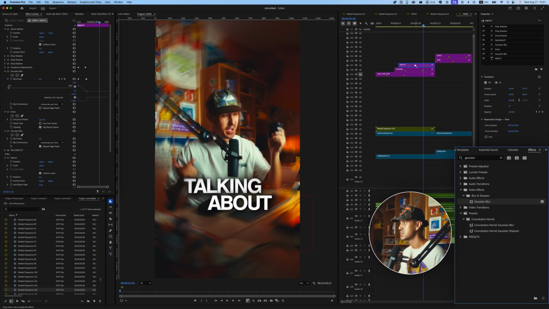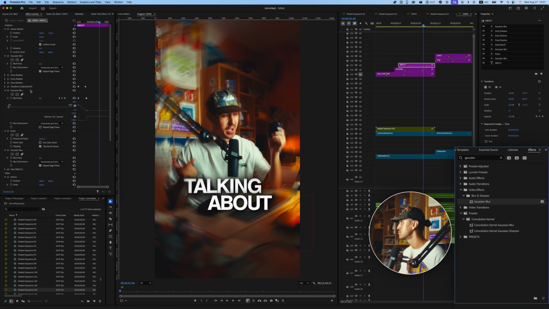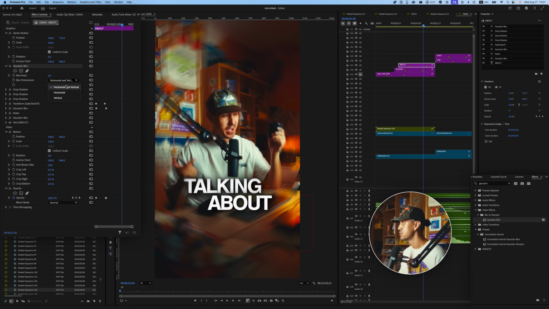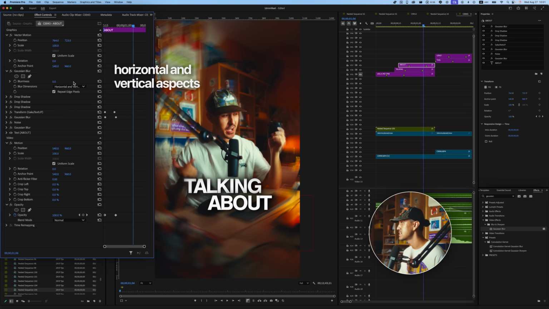Add Gaussian blur to your text, and once you've added it, make sure that the blur is affecting both the horizontal and vertical aspects of your text, and also make sure that repeat edge pixels is selected. If you go ahead and adjust the blurriness at this point, you're going to notice that obviously the text itself is blurred out quite a bit. But what I like to do is increase this to around 30-ish,